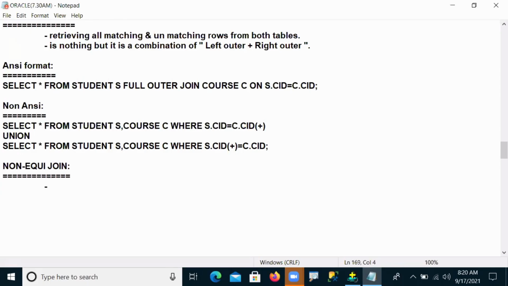Non-equi join is nothing but retrieving data from multiple tables based on any condition except an equal operator condition.